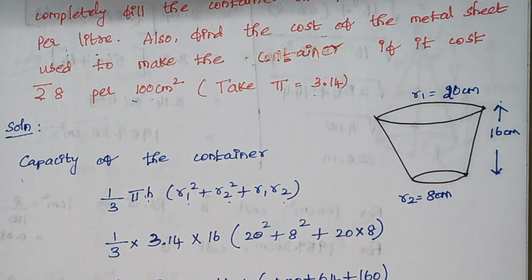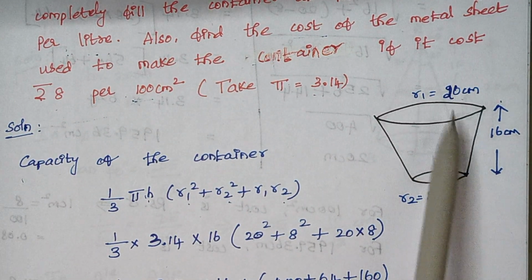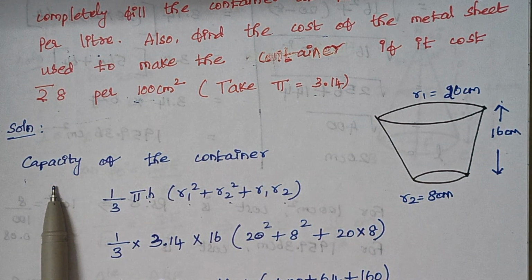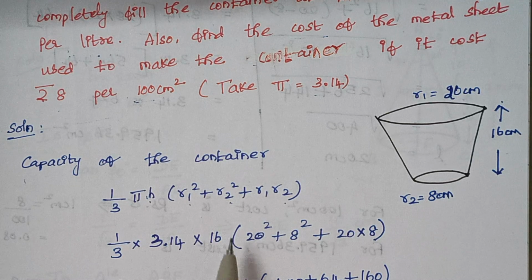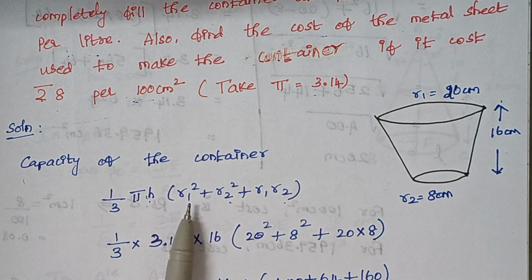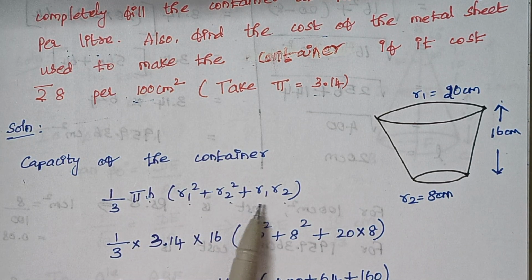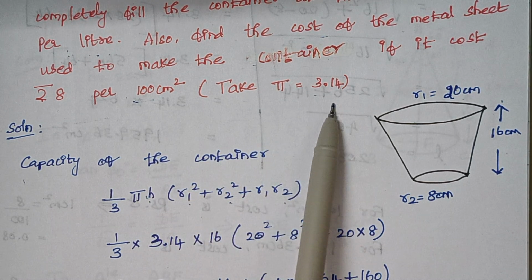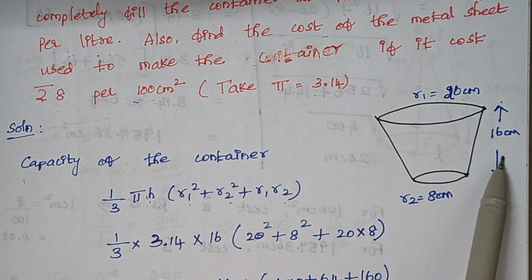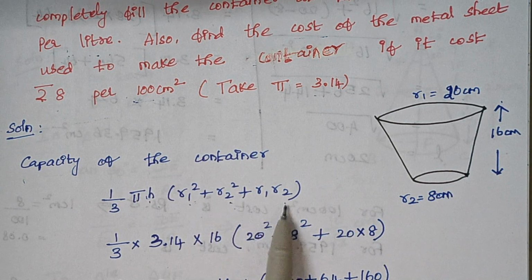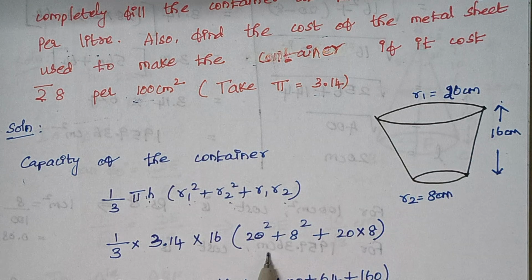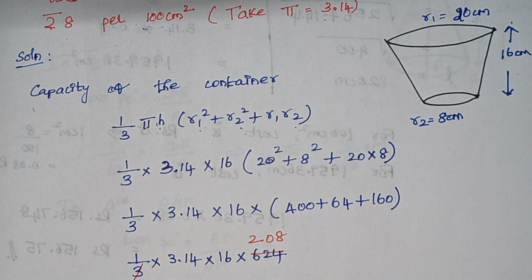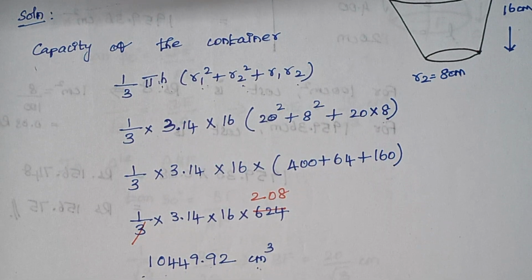So here you see this is the frustum of the cone and these are the given parameters. So volume of the container or capacity, both mean the same. So here the formula is 1 by 3 pi h (r1 square plus r2 square plus r1 r2). So the value of pi is 3.14 and the value of h is 16. So r1, r2, we know the values, right? 20 and 8. So just substitute it. Once you substitute and solve, you see here we are getting the answer as